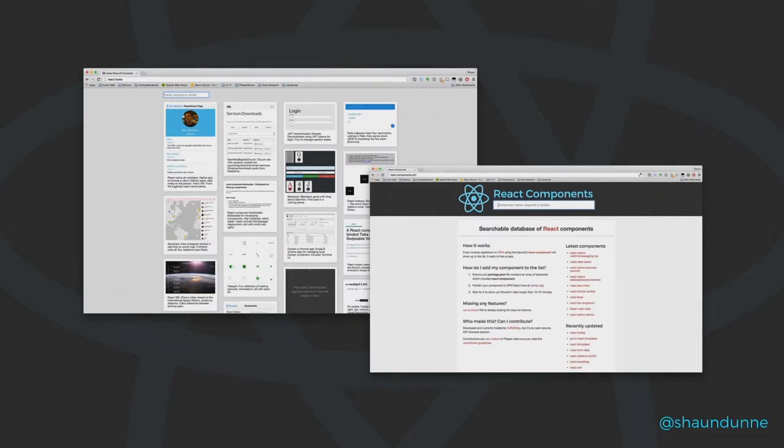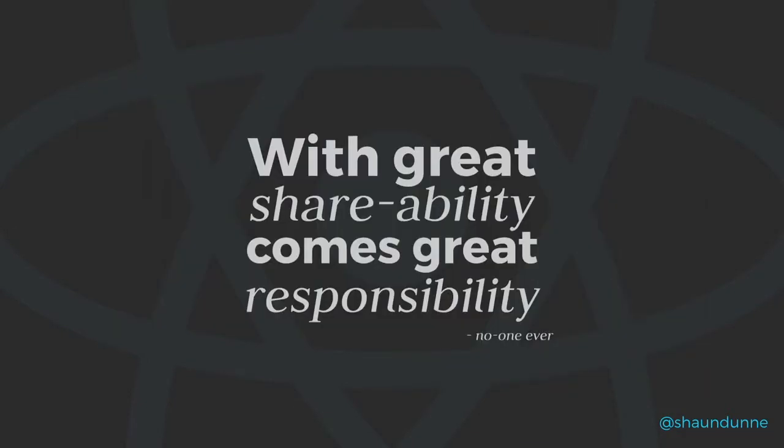And if we're going to share our code, and this is one of the cool things about things like React, is that we can create these little components and share them with each other. We're going to need to keep in mind something. No one ever said that, but I do think it's kind of true that if we are going to share these things, we have to take a little bit of ownership, not abandon our GitHub repos and just leave them there for 2 years, or not accept pull requests that make our code a little bit better.